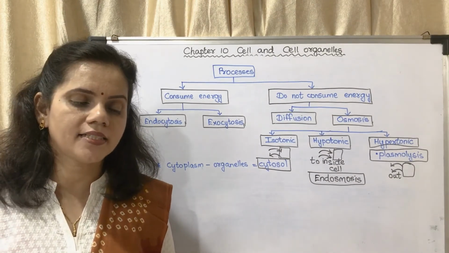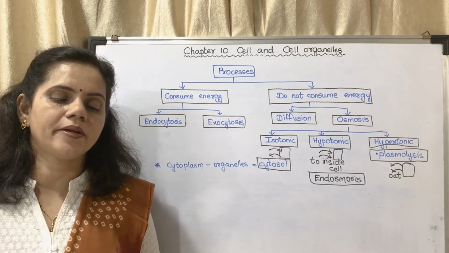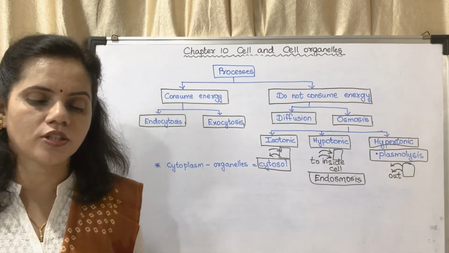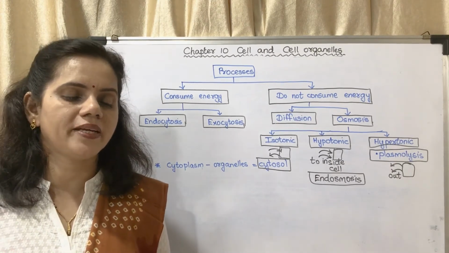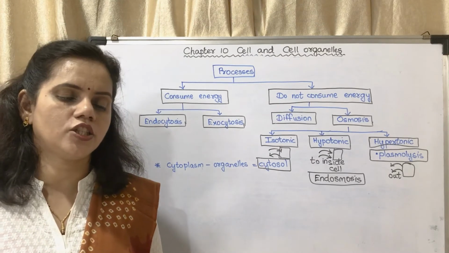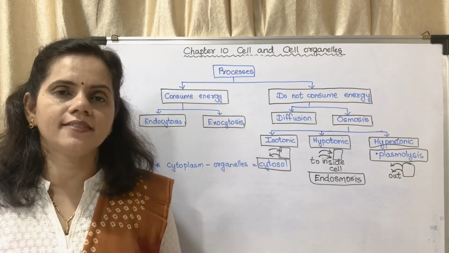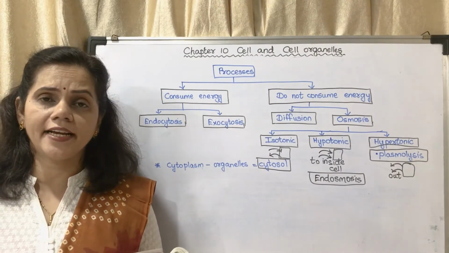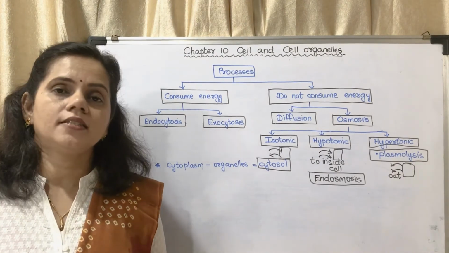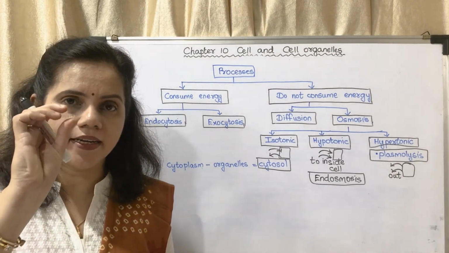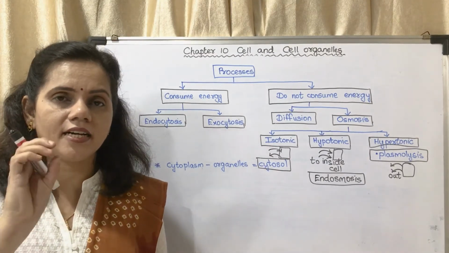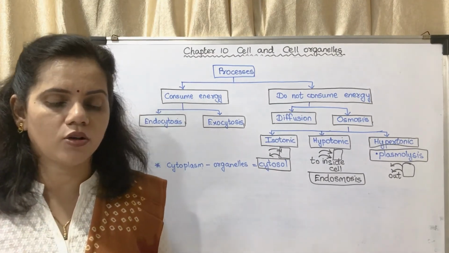I will read out the next. If fruit pieces are kept in thick saturated sugar solution, the water from fruit pieces enters the sugar solution. So the fruit pieces shrink after a while. You might have seen sugar candy, murabba, the amla candy, it is shrunken. Why is it shrunken? Because the water goes outside.